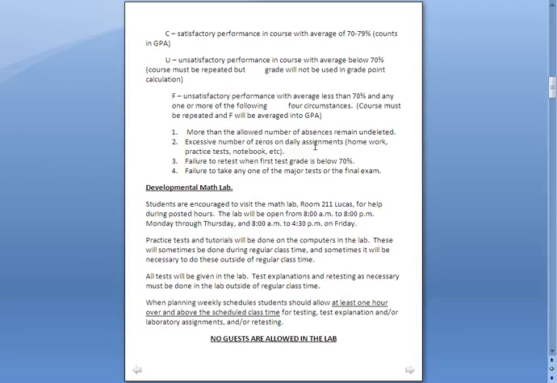All the tests that we will take in this class will be given in the Math Lab, and test explanation and retesting, if it's necessary, will be done in the Math Lab. So you need to plan in your schedule some time to come by the Math Lab to do that. Now let me talk about